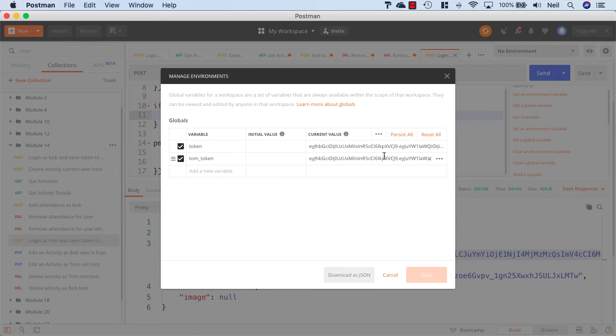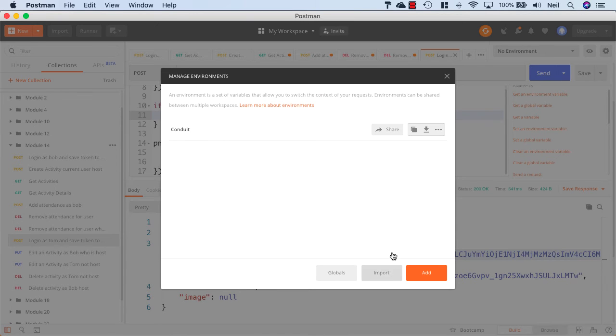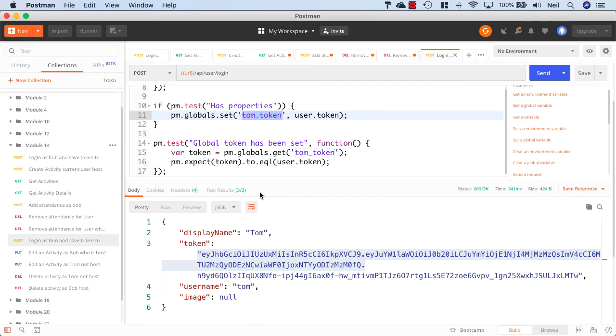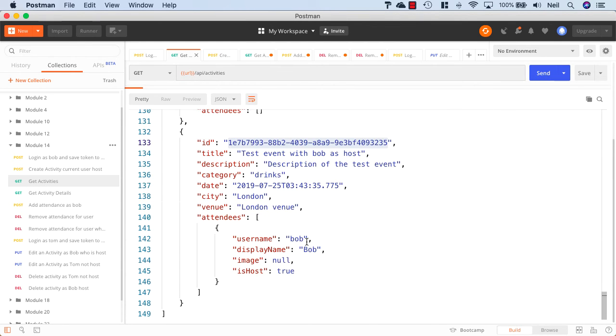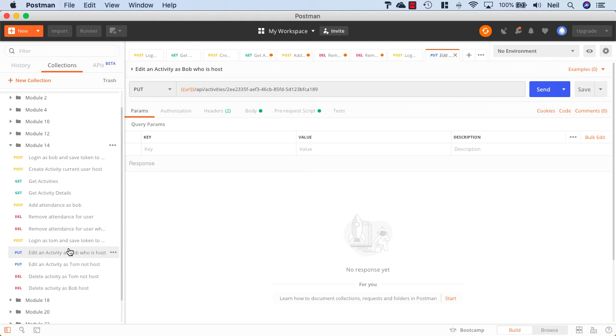It looked very similar when I first looked at this, but they are two different tokens and they end with a different... Yeah, that's fine. As long as they're different, that's fine. So I'm just going to cancel back out of this, and what we can do is check to see if we can edit an activity as Bob, who is the host. So let's go and get our activities just so that we can get the ID of the activity that Bob is hosting, and that's this one here. I'm just going to copy this GUID